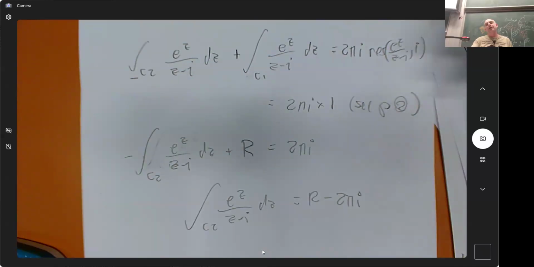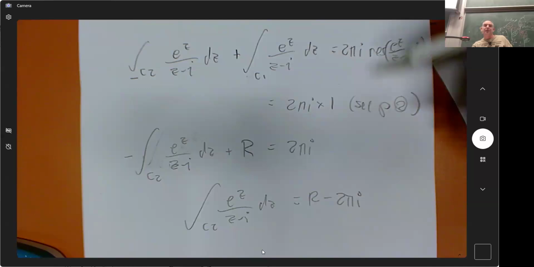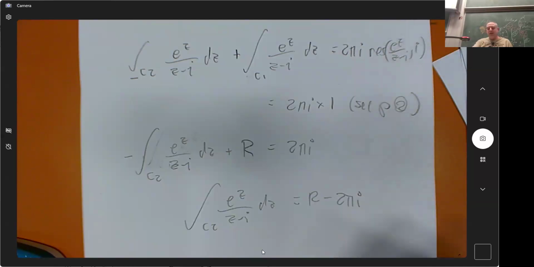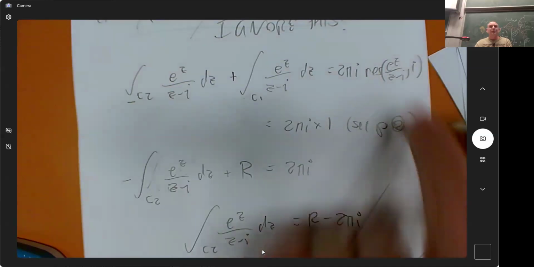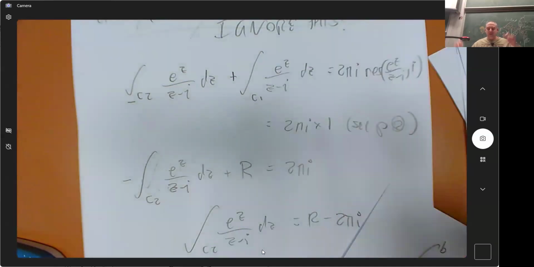And it'd probably be a part A where it says find the Laurent series of this. Yeah, A is find the Laurent series of e to the z over z minus i, and then it says this. Yeah, how are they related? So yes, because the minus 1 coefficient is the residue, and I can use the residue to find the integral.